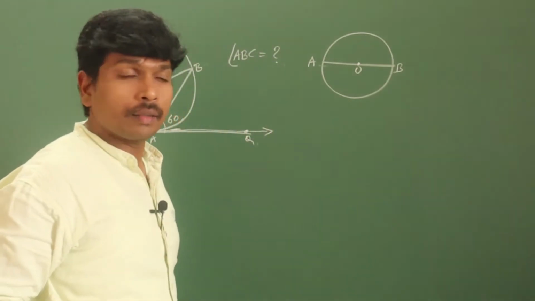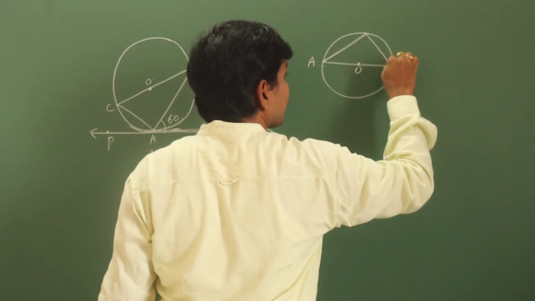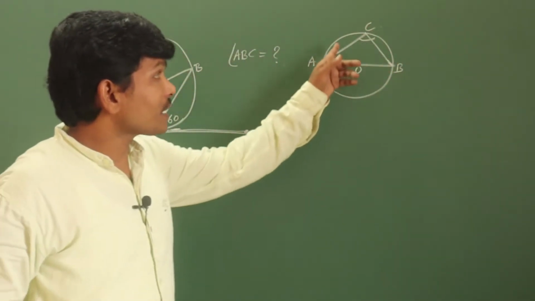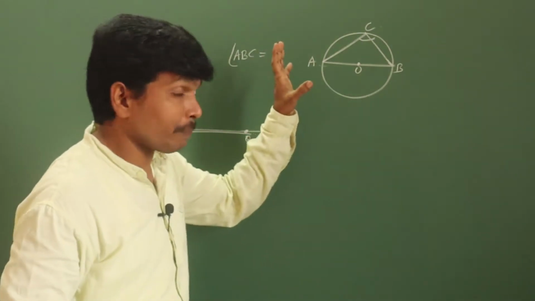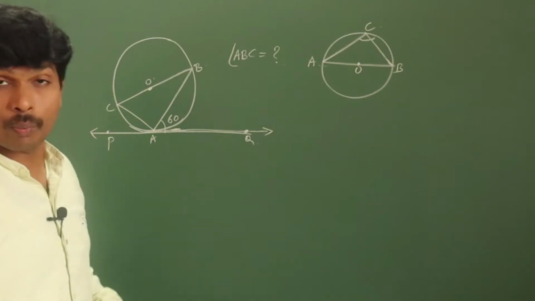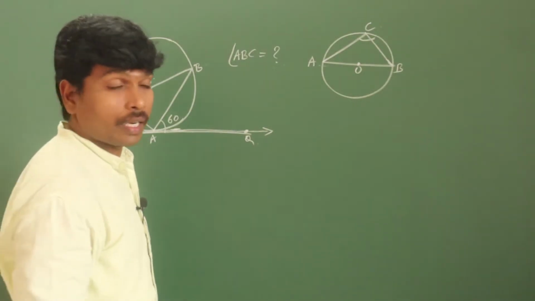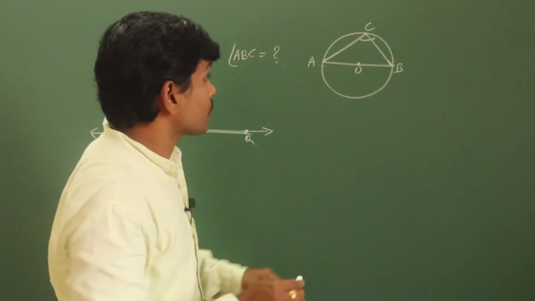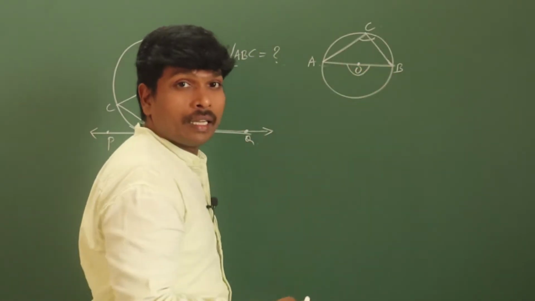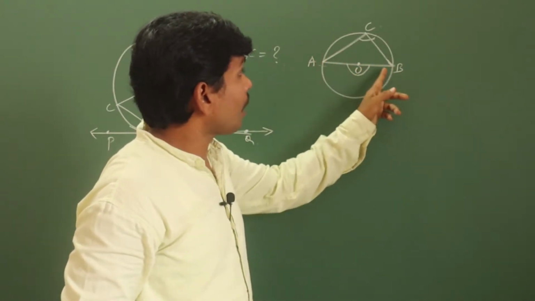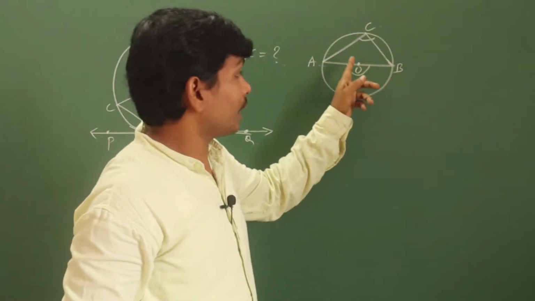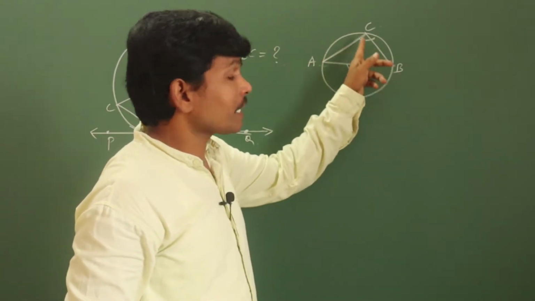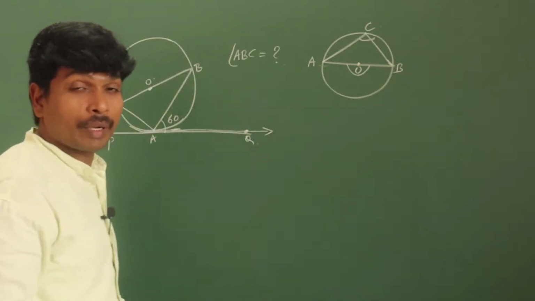AOB is the diameter. Now what is the angle at C? Tell me the angle ACB. It is the basic concept, you must know it. It is very useful for this problem. Okay, fantastic. Observe here, angle C is 90 degrees because the angle at the center is a straight angle. It is 180. The angle made by the arc in the remaining part is half of that at the center. Half of 180 is 90. So that's why the angle in a semicircle is 90 degrees. Keep that in your mind.